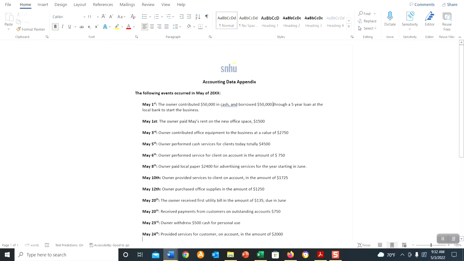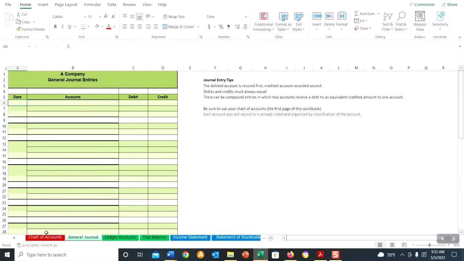But we're also seeing liabilities affected, right? Because 50,000 of this is becoming a long-term payable. And we're also seeing capital increased because we're seeing that $50,000 contribution in cash from the owner. So we have noted to ourselves, of course, that in the chart of accounts, there's a cash, there are liability accounts, there's also an owner's capital account.